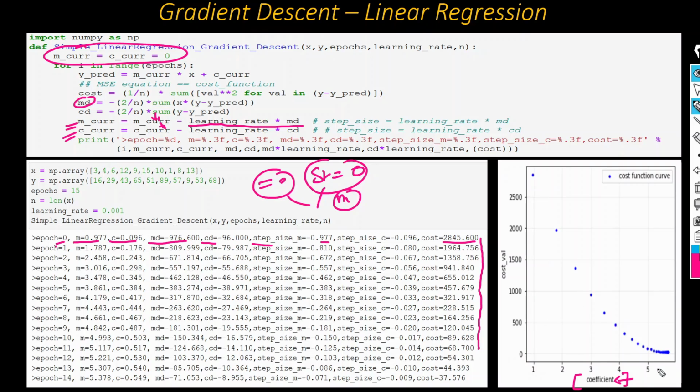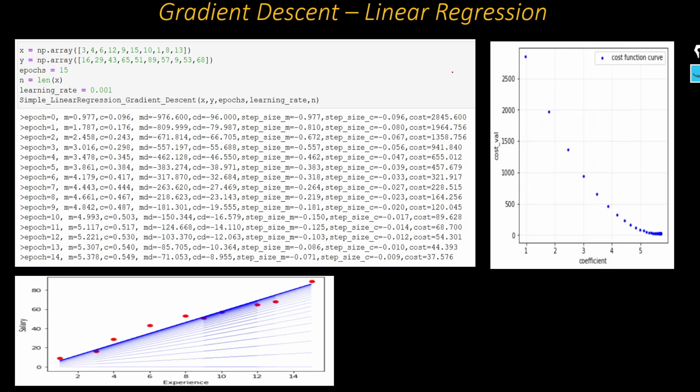By this particular function we can get the coefficient values. Here we can get the coefficient values towards the minima, and at that minima we can get the cost value also. It means the cost value will be close to 0. Here I only use 15 iterations, but you can use 1000 iterations so you can get the least square error. I just use it for demonstration purposes.